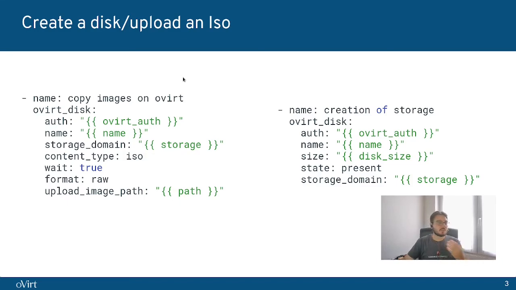We can create a disk or upload an ISO on our platform using the module oVirt_disk. This is a module that we can already use inside our system while performing our playbook. And we can use a module like